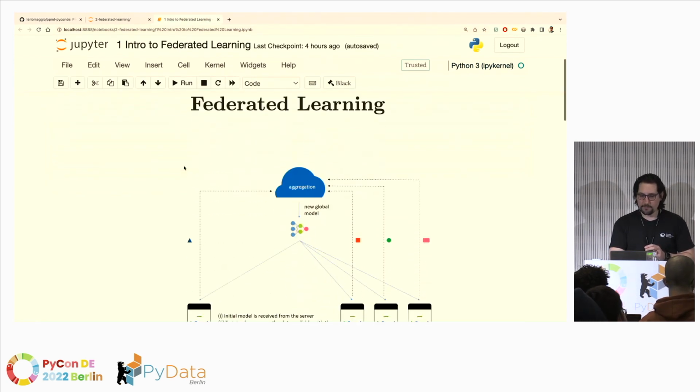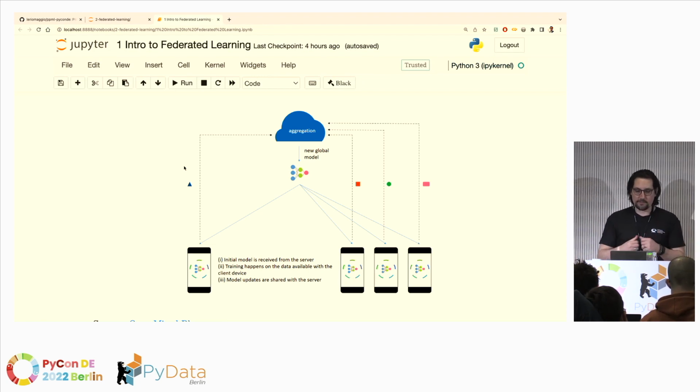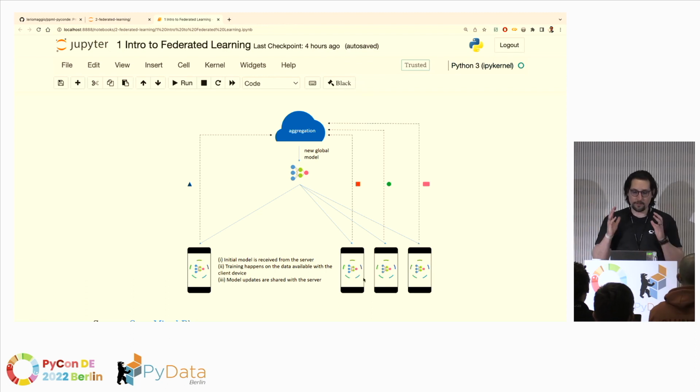Again, you have multiple clients contributing to one big cloud server, which is aggregating the things and then distributing the updated information. So I didn't explain clearly how federated learning works. The standard representation of federated learning is that every single client has its own data partition and their own model. So every single client has the capacity to train a model locally on their own data,